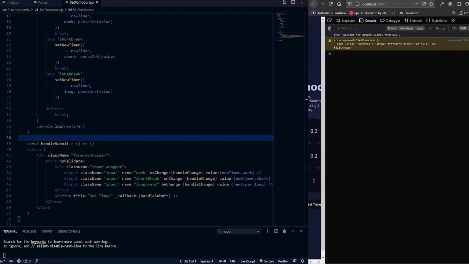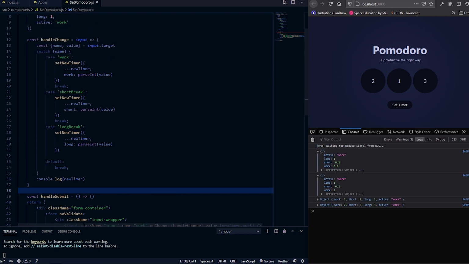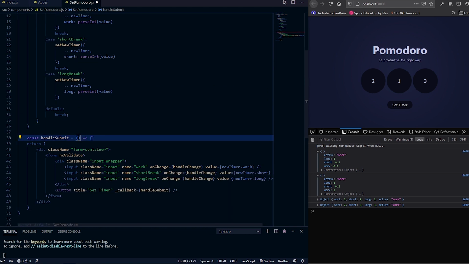So let's do this. Let me just move this to the bottom so you can basically see. Let's close that. All of that we don't need. So if I go ahead and change this to say 2, now you guys can see, because it's an on change event, it console.log that. But if I go ahead and change this to 3, we should see that the work has updated. Right, so let me take care of that, remove that console.log over there, and let's create this guy, this handle submit. Handle submit, I'm just going to pass through an e for event,